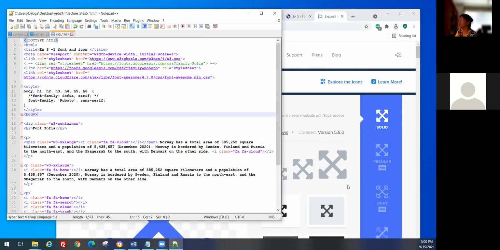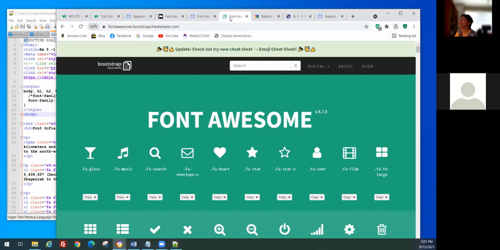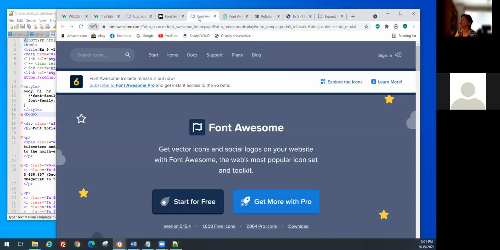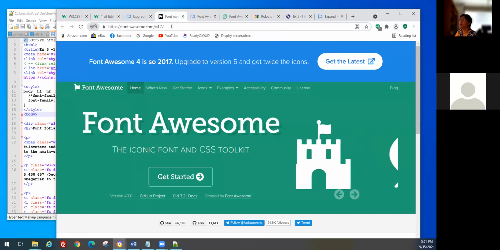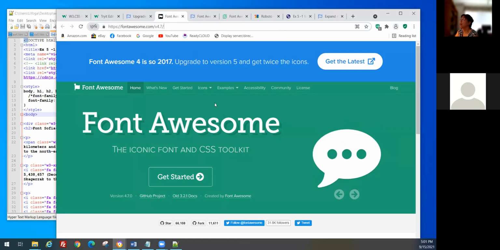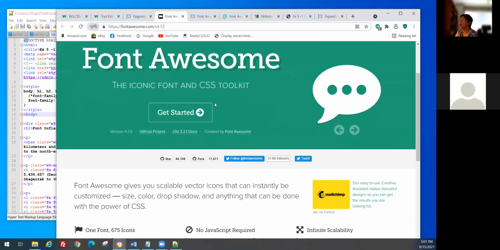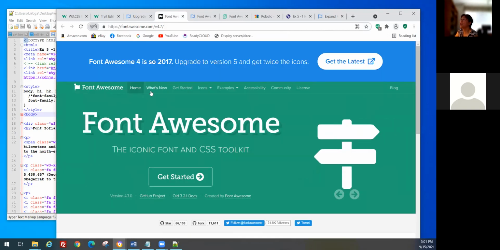You see, the newer version is a problem. Now I searched Font Awesome to see which one. Here I find version 4.7. If I add a 4.7 icon,